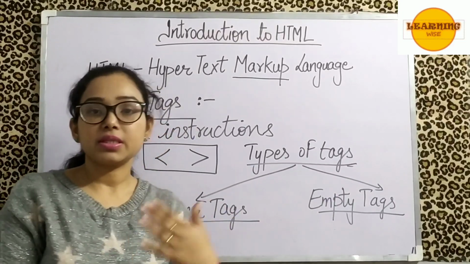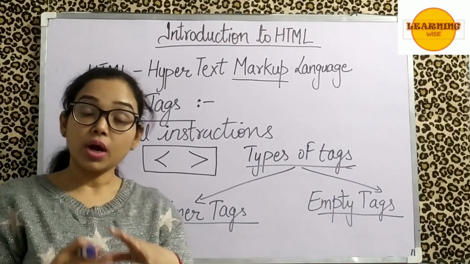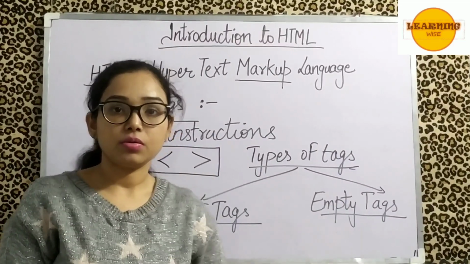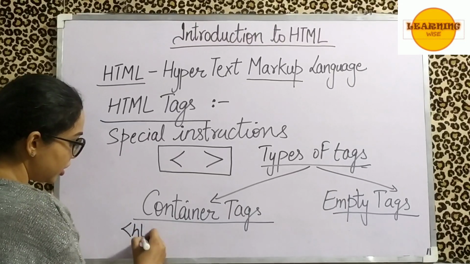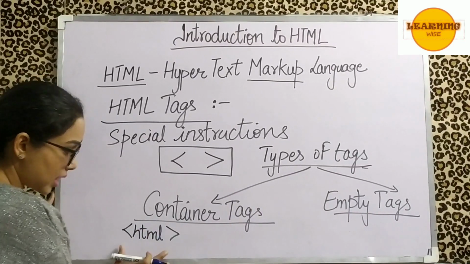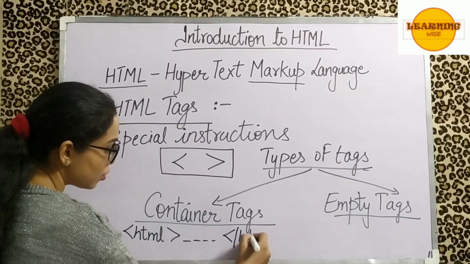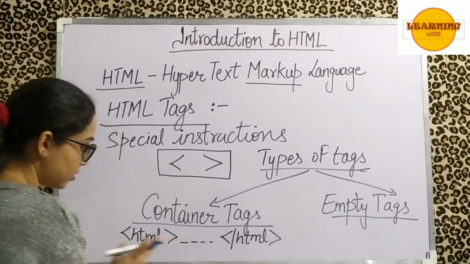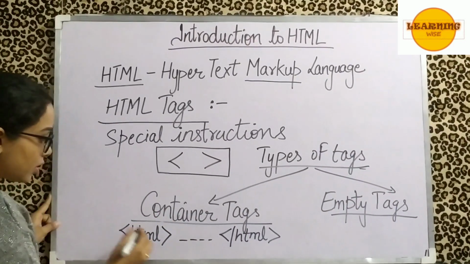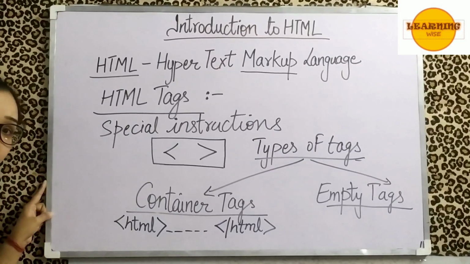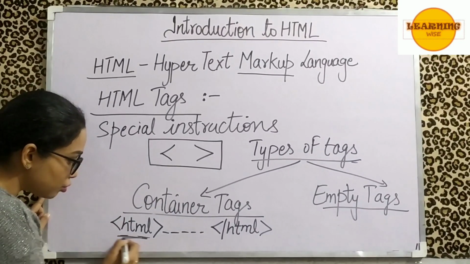Let me give you some examples, and when we have a demo session you are going to understand this concept really well, so don't worry about it. A container tag is like the HTML tag, which is started and then closed also. Now look at the difference here. Starting means, let me tell you something very specific here: there has to be absolutely no space between the angular bracket and the tag which you are going to write.